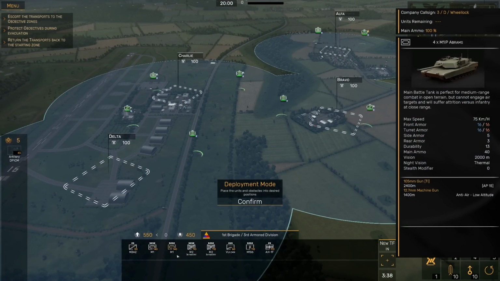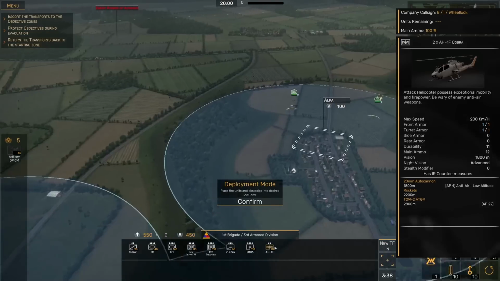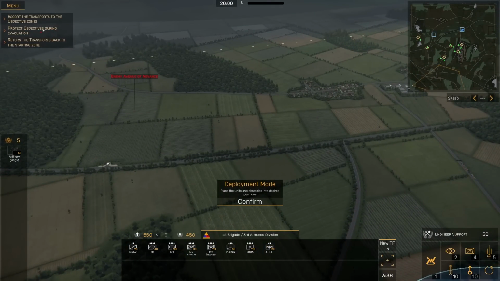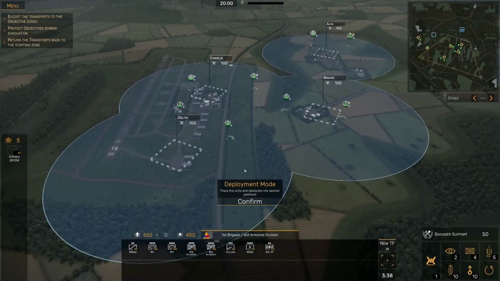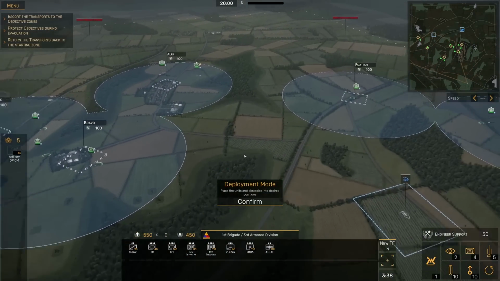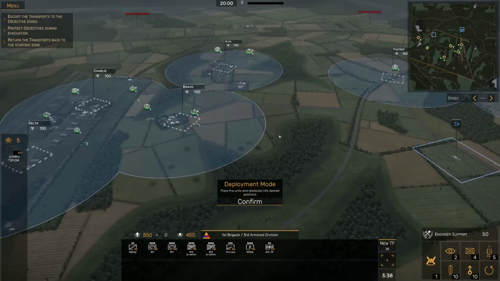So we got M1s available. We got M2 Bradleys and Vulcans, and looks like even a Cobra available. A couple of them as well. All right, so we need to defend for about 20 minutes, escort the transports to the objective zones. That's interesting. This is the mobile defense version. Well, whatever. I want to hold as many of these positions as I can, and mostly hold around the airfield,